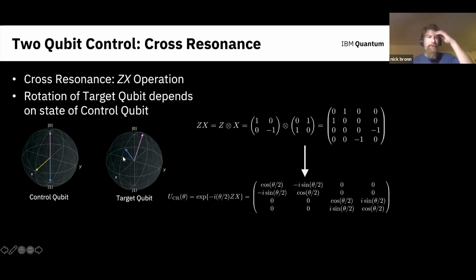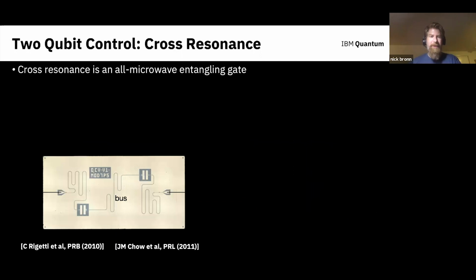So then what we can do is apply this to a superposition of states. So we'll try it on the 0 plus 1 state. And then what happens is our target qubit will both simultaneously rotate to the left and the right at the same time. And if you do this for an angle of pi over 2, you get a perfectly entangling gate. So this is kind of the basic interaction that we want to isolate for our cross resonance gates. And it gets a little bit more complicated than just the ZX,